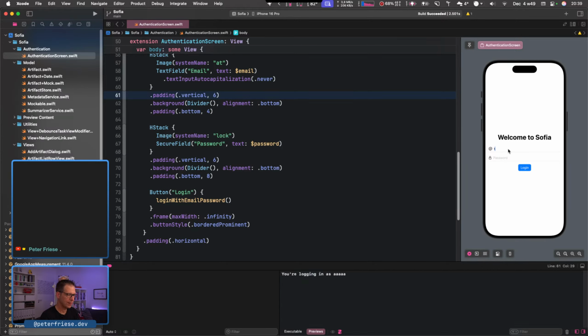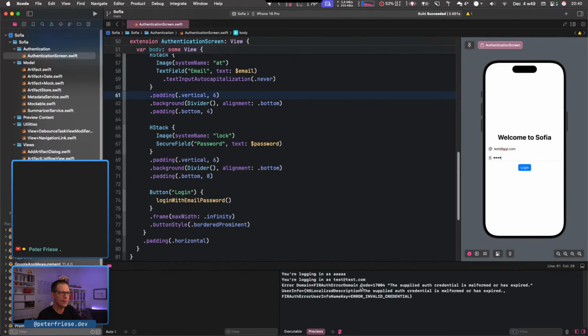Okay, so here we go. test@test.com. And the password can be anything, 1, 2, 3, 4. Log in. Okay, so you're logging in as test@test.com. Fire auth domain, the supplied auth credential is malformed or has expired. Yeah, so there is an error.